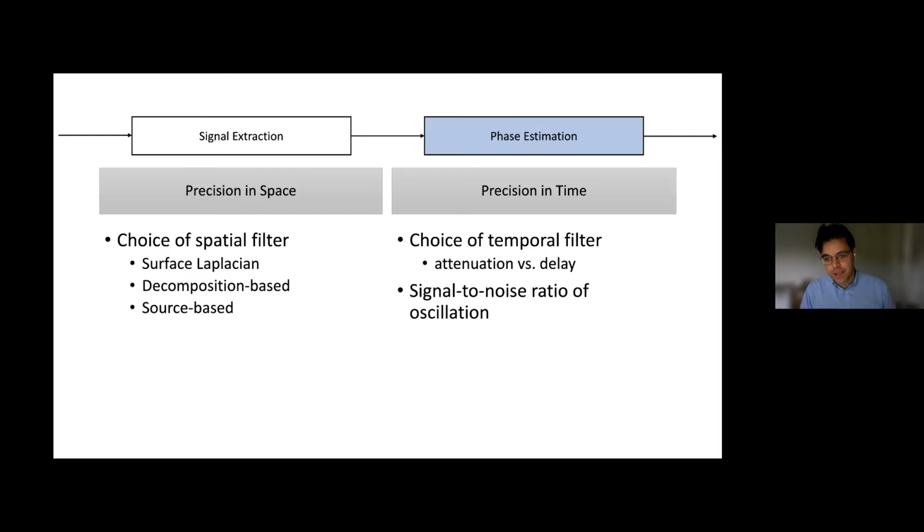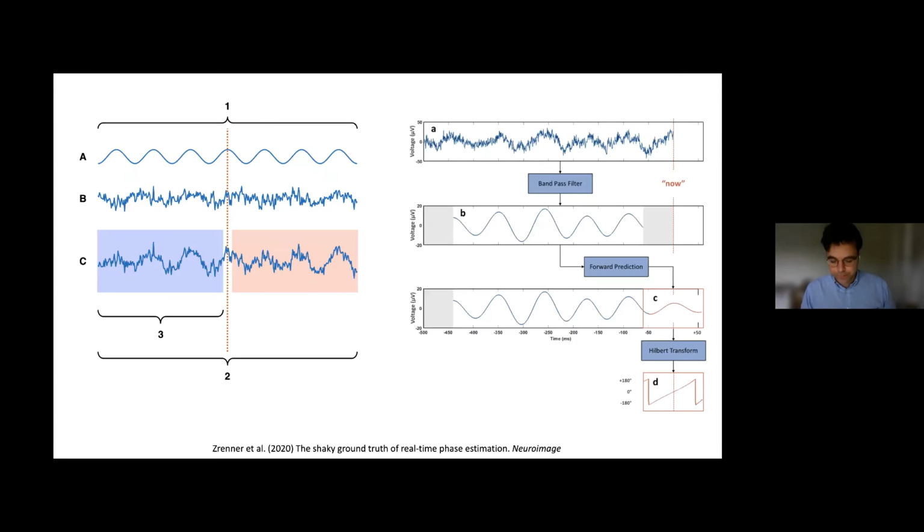Now we have the signal, and now how do we really characterize the signal in terms of estimating just simply phase? This is tricky, because you have to choose the appropriate filters. You have to now tune filters in time, and also make sure that the oscillation is actually present in the signal. This can be a conflict with deciding the spatial filter, because if you're focusing on an area of the brain that doesn't express the oscillation that you're interested in, then you have a low signal to noise ratio, and it's hard to estimate phase.